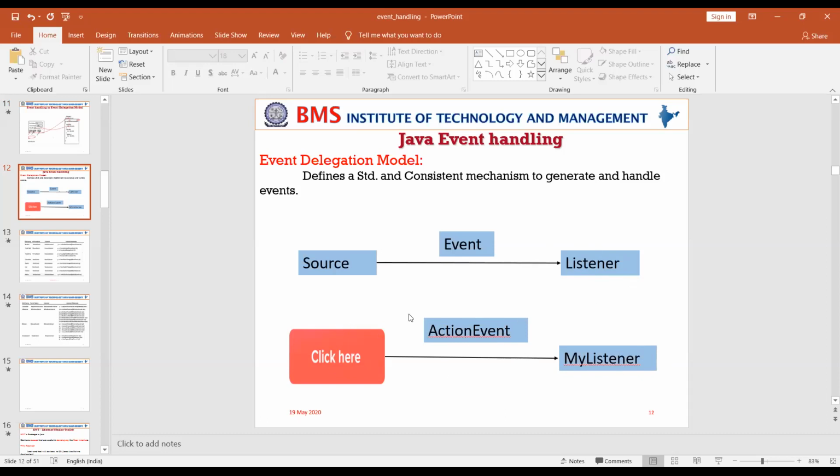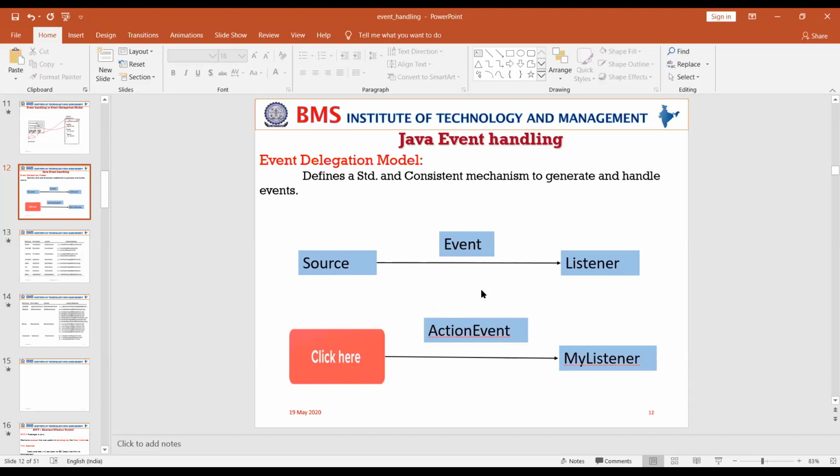One of the important points you need to understand here is, whatever events the different GUI components generate, the sources, the GUI components which raise events, all these are predefined in Java.